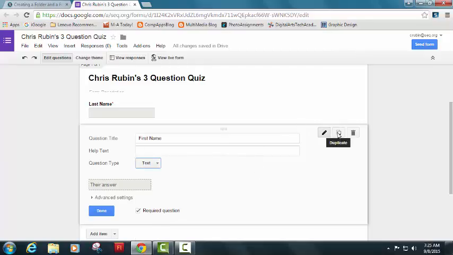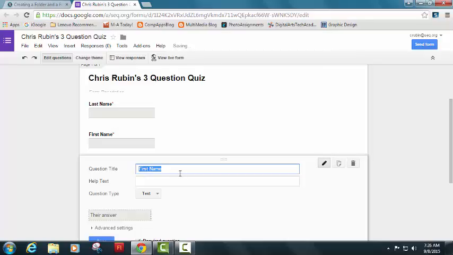All right, I'm going to go ahead and hit duplicate again. So now I'm on my 3rd question. This is going to be the first question in my quiz. So my first question is going to be, in what year was the Menlo Atherton Computer Academy founded? Okay, and for this question, I could either let people do text, in which case they'd have to figure it out and write it in,